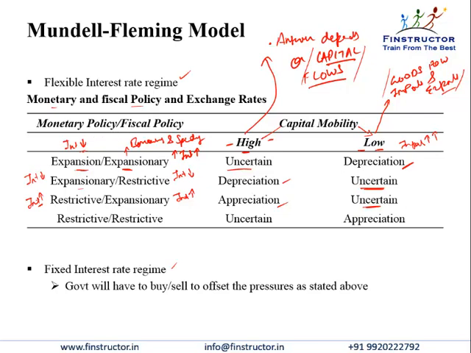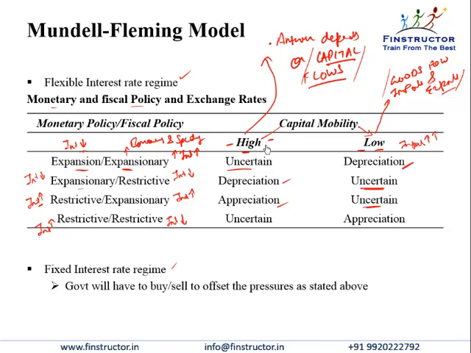If both are restrictive, interest rates will be high because of restrictive monetary policy, and interest rates will be low because of restrictive fiscal policy. So the government is not borrowing much, the government is not spending much, lowering interest rates. But the central bank is raising interest rates, hence interest rates will be higher. So